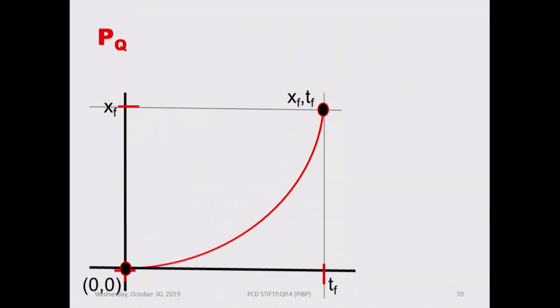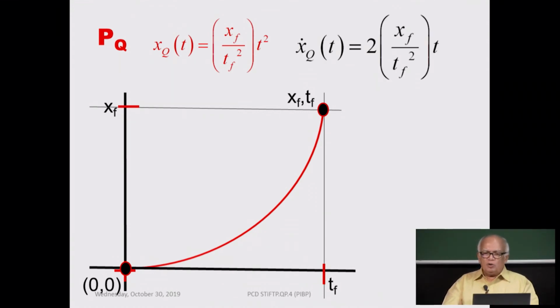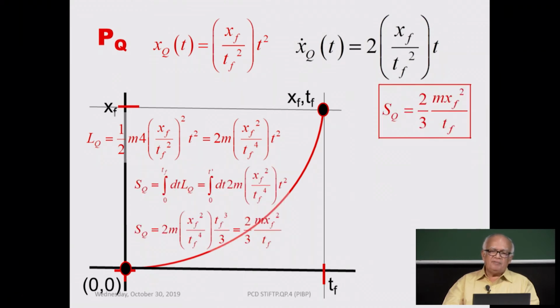What is the phase for the quadratic path? Let us do the same for the quadratic path. So, the quadratic path, the x goes as the square of t. So, x dot goes linearly with t, that is the velocity. The velocity square will go quadratically with t, that is the square of the velocity, which will go into the kinetic energy, which will go into the Lagrangian, right. And then you have to determine the action for this Lagrangian, which goes quadratically with time, and in this case you can see that